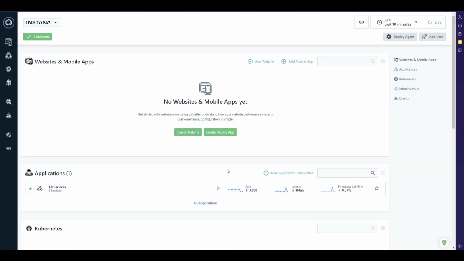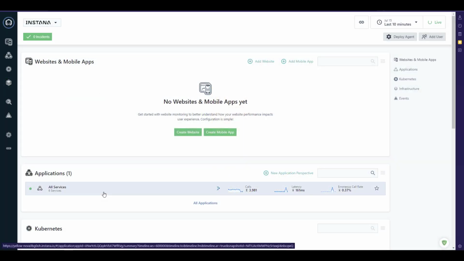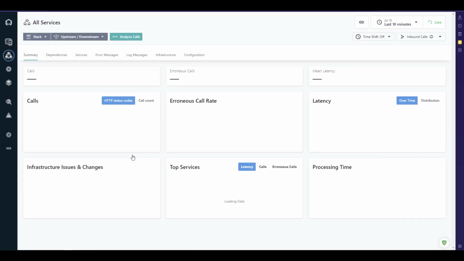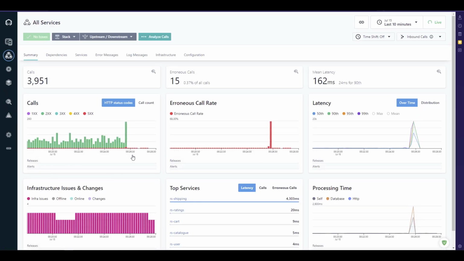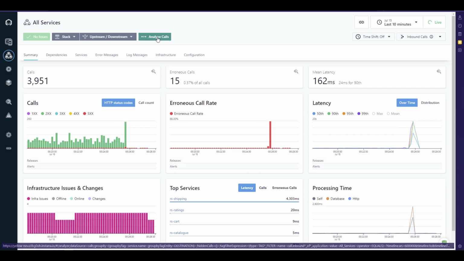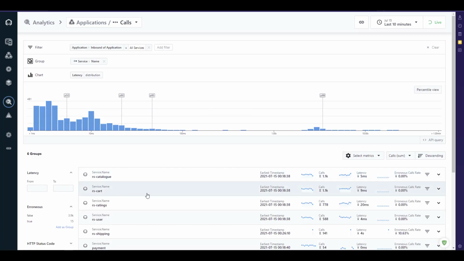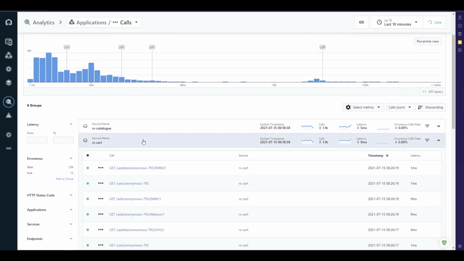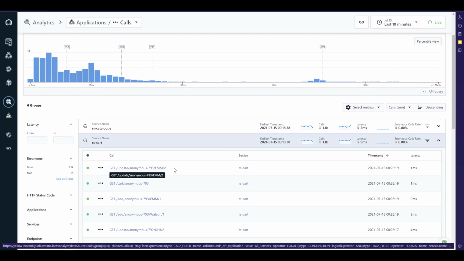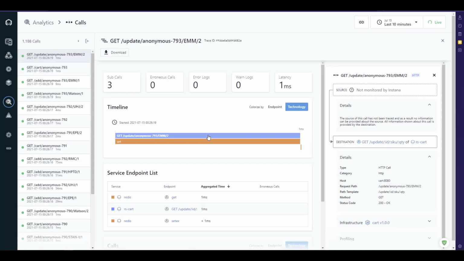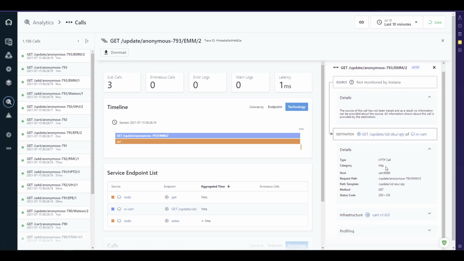So before we wind up this particular video tutorial, I'm going to show you the stack trace. So how do you see the stack trace of your code? Now let us click on this analyze calls, and let us go to the say cart, and let us click on this first anonymous call. And here right now we have 3 subcalls as you see here, and assume that you want to see the tracing, the stack trace. So what you can do is you can just click on the relevant span, and on the right side you can get the stack trace.